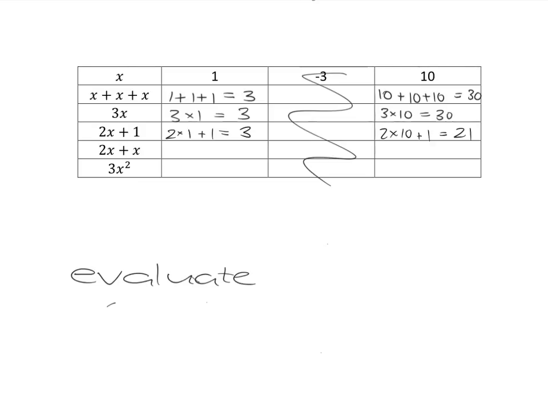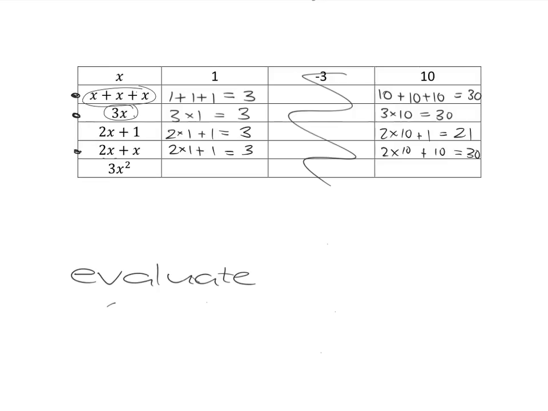All right, so 2x plus x, that's going to be 2 times 1 plus x is 1, we'll get 3, right? And then this one will be 2 times x, so it's 2 times 10 plus, and x is 10 again here, plus 10, so we're going to get 20 plus 10, which is 30. And do you notice that we're again getting exactly the same answers as for those two? And that's obviously because if you've got 2x, that means 2 lots of x, and you add on another x, you're going to have 3 lots of x. So it's going to be exactly the same as 3x,